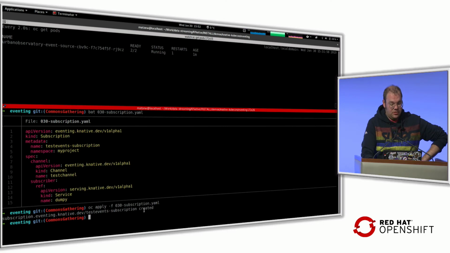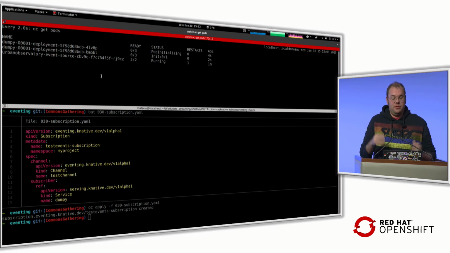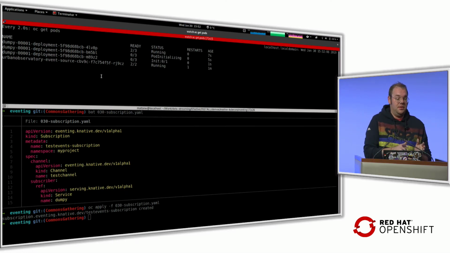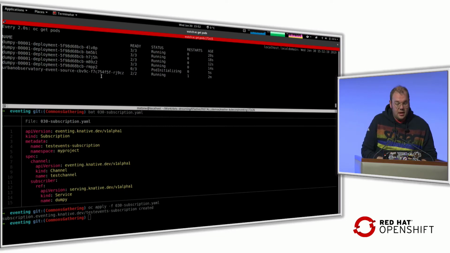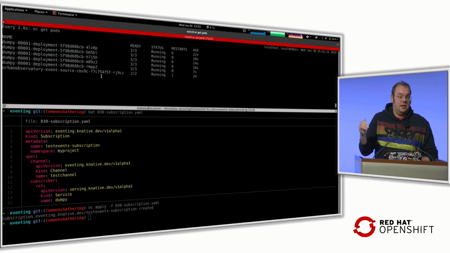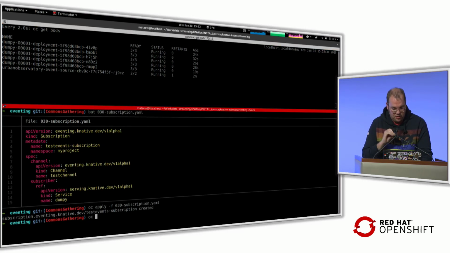Now the subscription is created, and then some Knative controller goes in and is doing the relationship between the particular service and the particular channel. I was talking a lot, and while I was talking, it was writing to the channel, but there was no one receiving the data. So a lot of messages have been buffered up there. That means the autoscaler is now kicking in because it doesn't want your application to go dark, so it's bringing a lot of these pods up there. It will relax down to 1 or 2 different pods because the amount of the messages when you are subscribed to it live is not that bad.